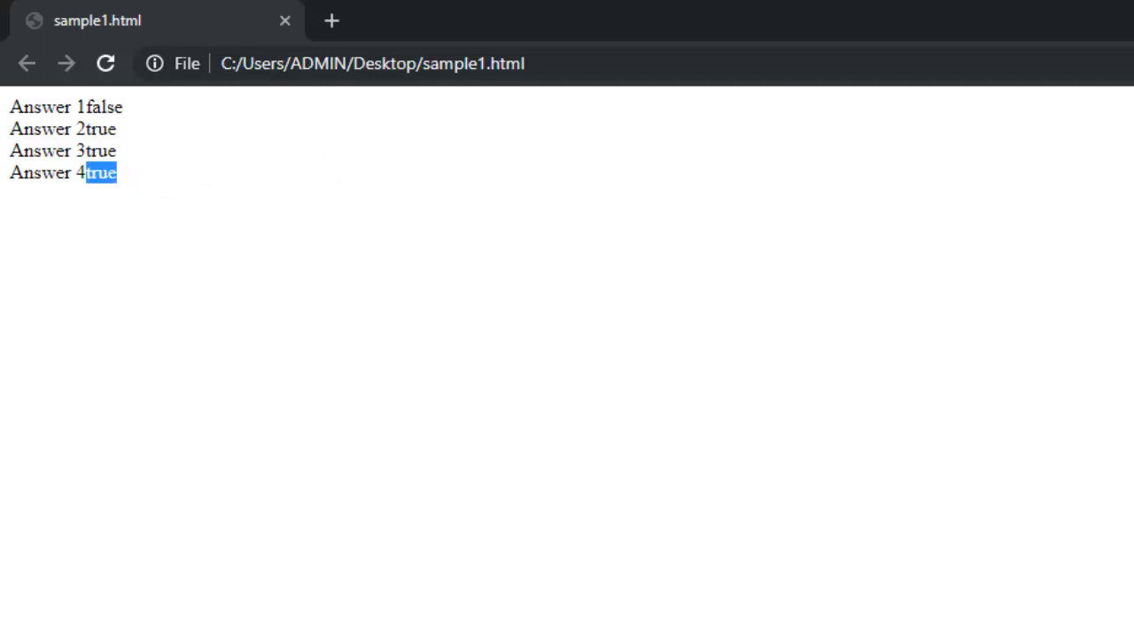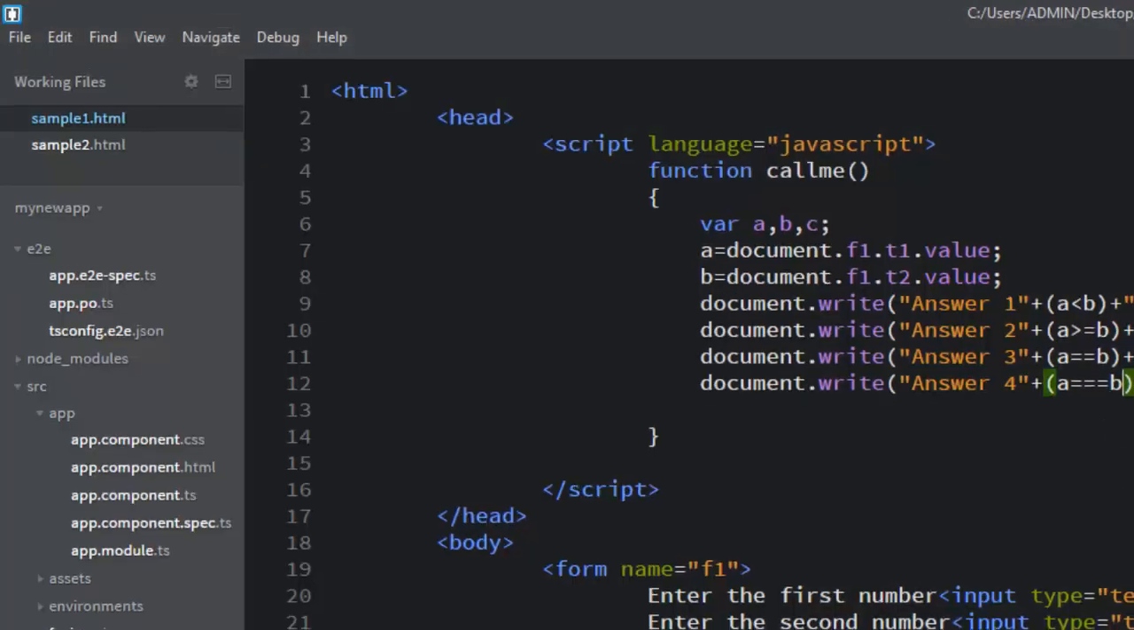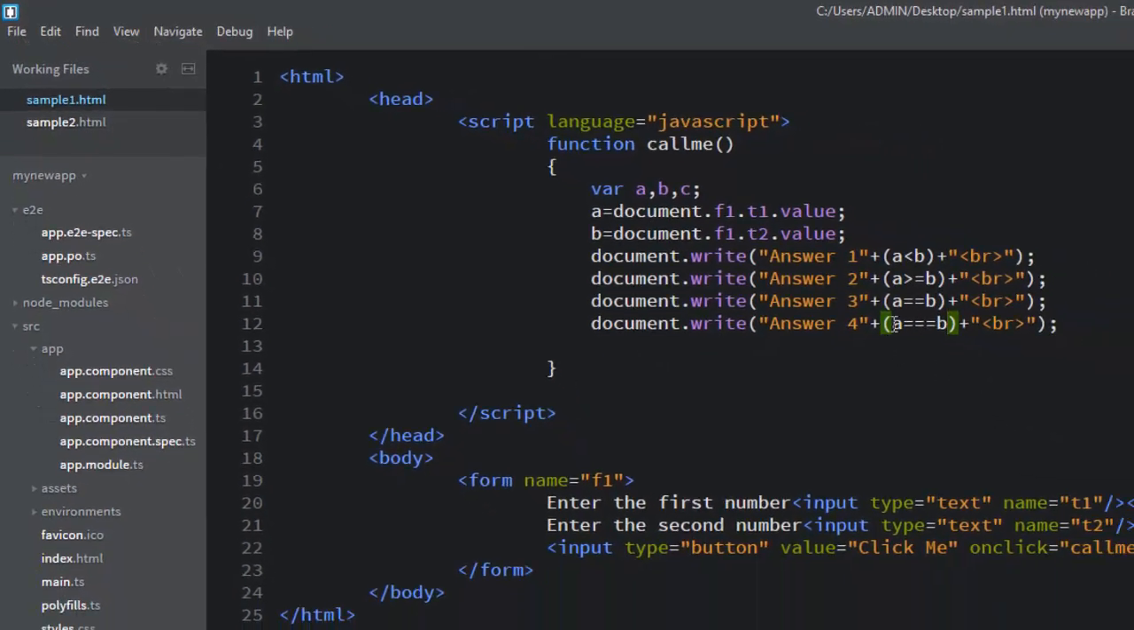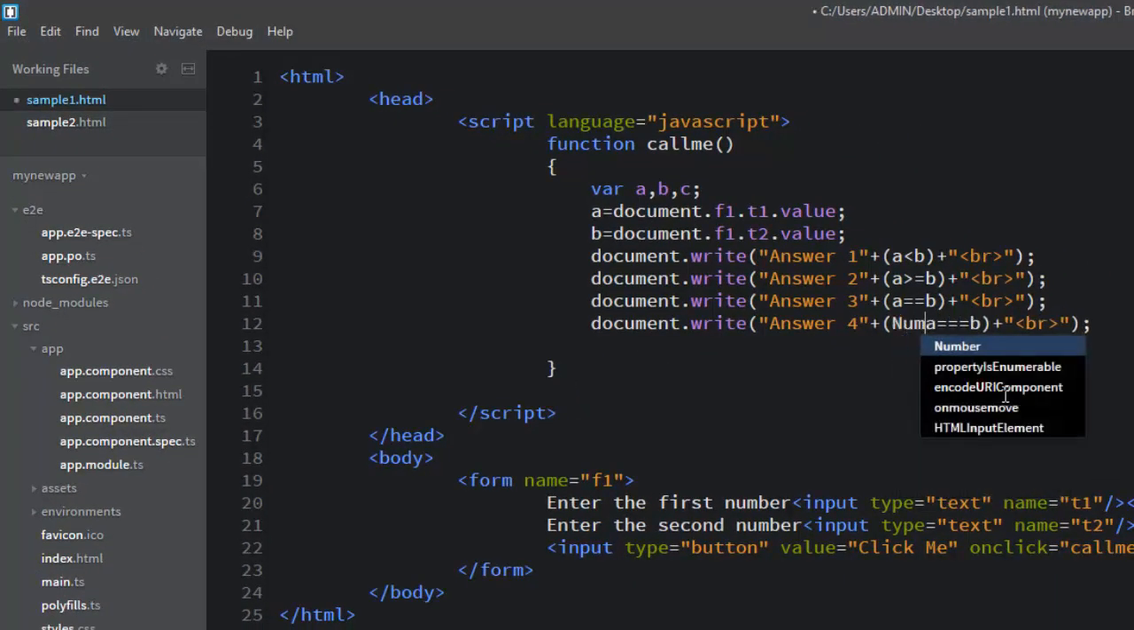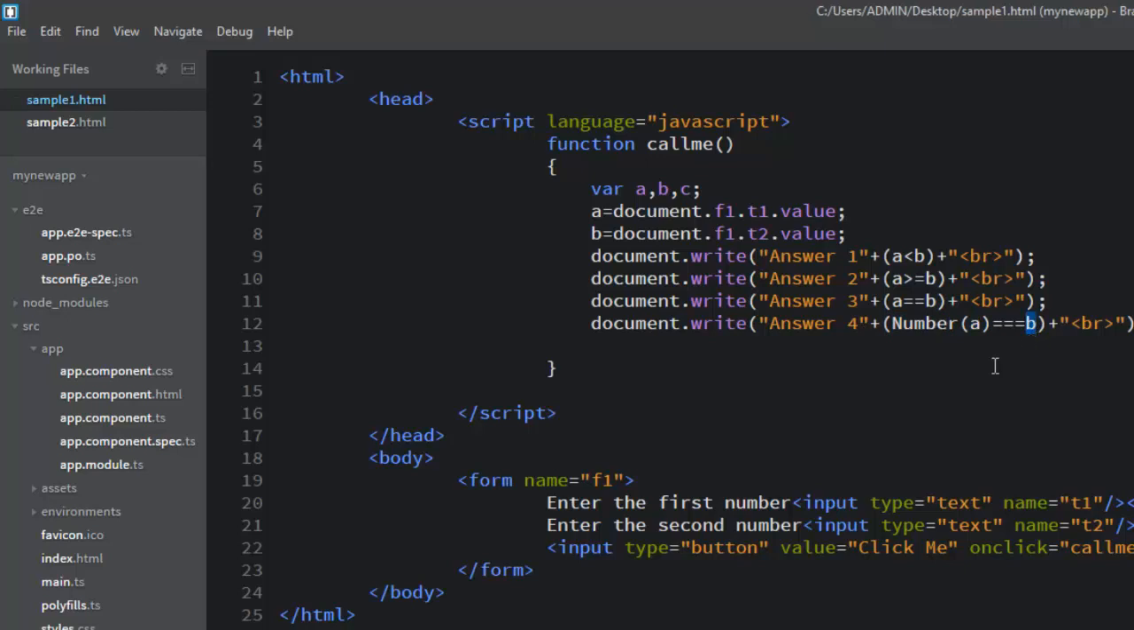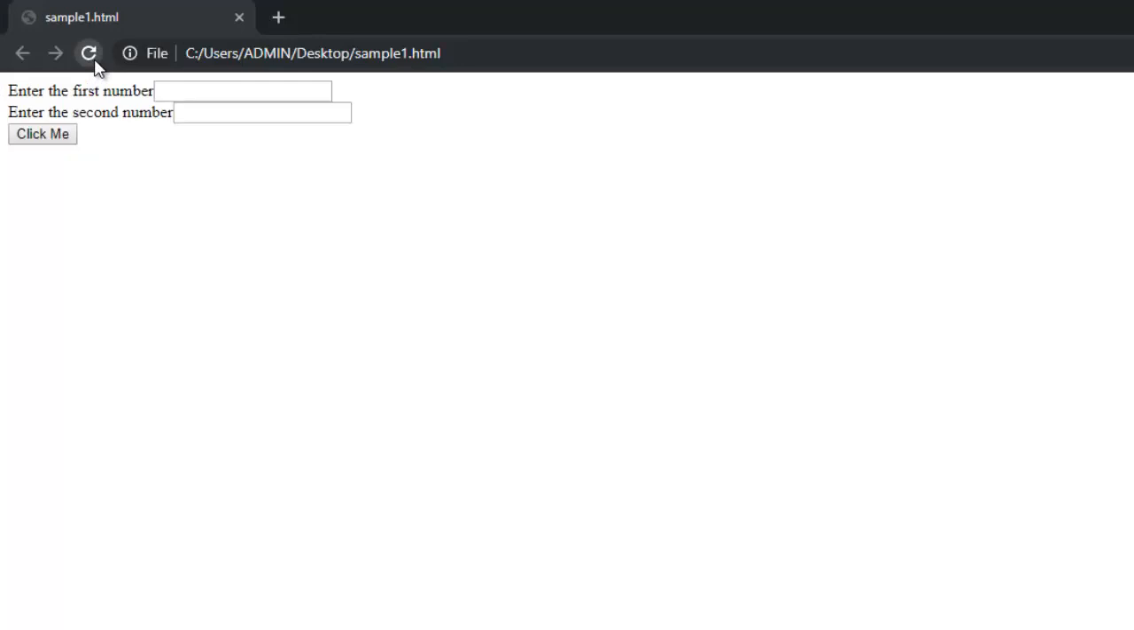Now what I'm going to do is I'll make a little bit of change. Here I'm going to convert this to a number. So what it means, till now it was considered as a string. So now I'm telling explicitly to my interpreter, the browser, that a alone you convert as a number and b let it be a string. Fine. Now if you check this,